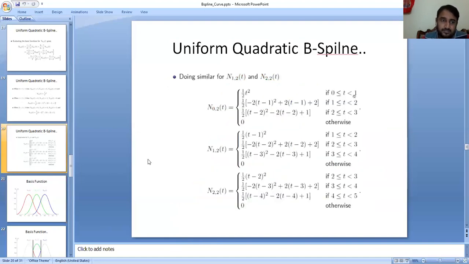Because in the equation you can see that here is t square, here is t minus 1, and here is t minus 2. Now when there is t, this function and this function are similar, only there is a shift. And what is the shift? t minus 1 and here t minus 2. Similar function: here t minus 1, here t minus 2, here t minus 3. Here t minus 2, t minus 3, and t minus 4. Everything is similar except this term, t minus 1 to t minus 2. There is only the shift of 1.